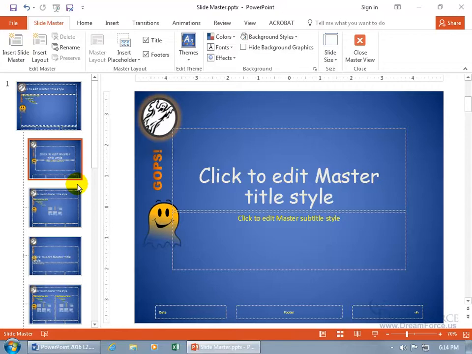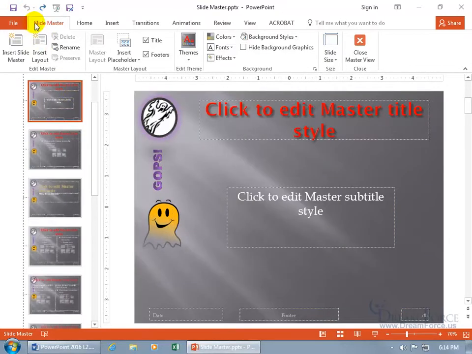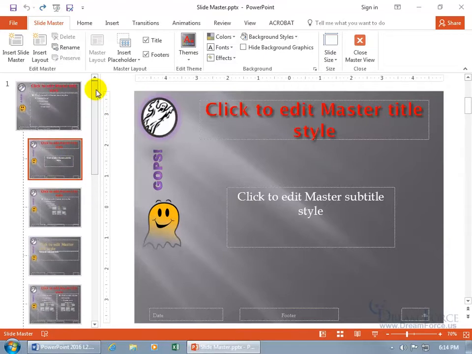But instead, I'm going to show you, let's go ahead and hit undo, that you can add, scroll back up to the top, another slide master. Now when I insert another master, basically it's going to have the same slide master for that second master group. I'll call it the second master group because this is the first one. And it'll essentially have the same submaster layouts, like for the title slide layout and for the title and content